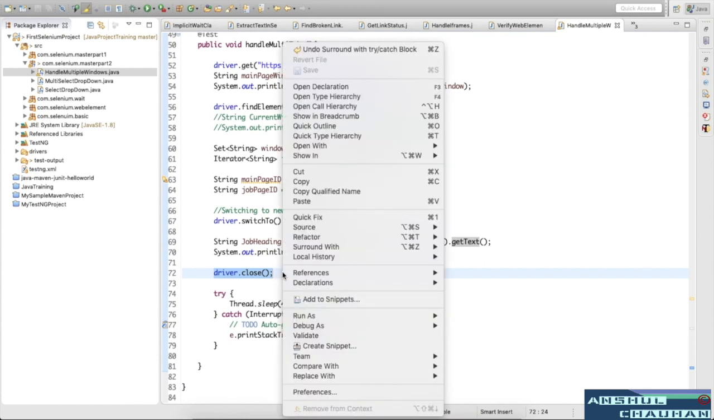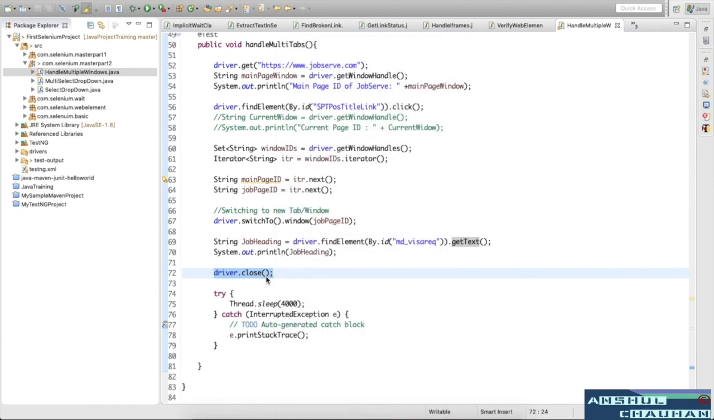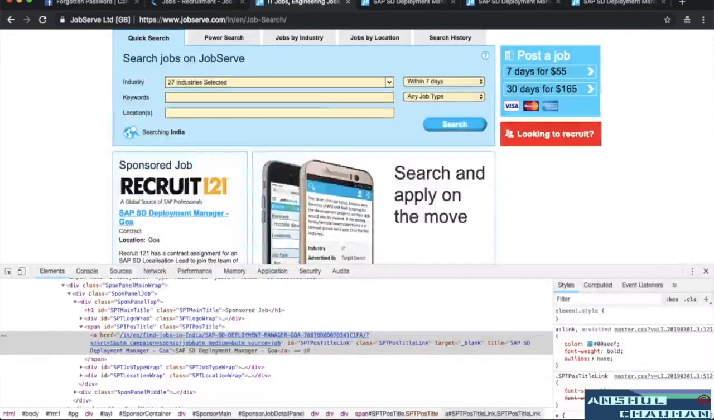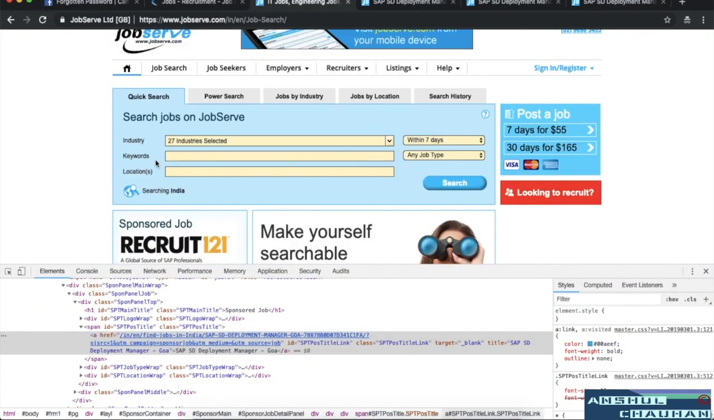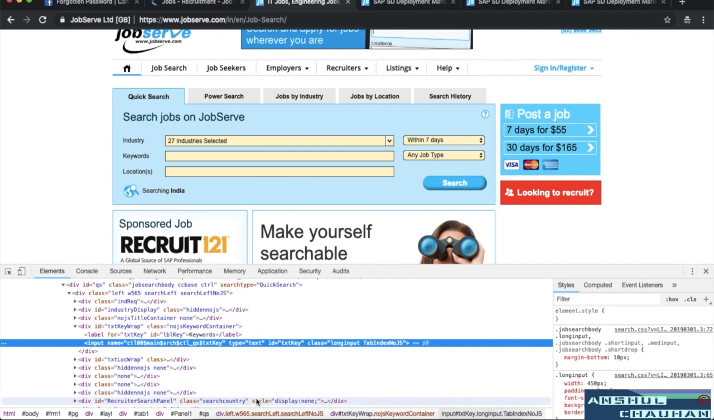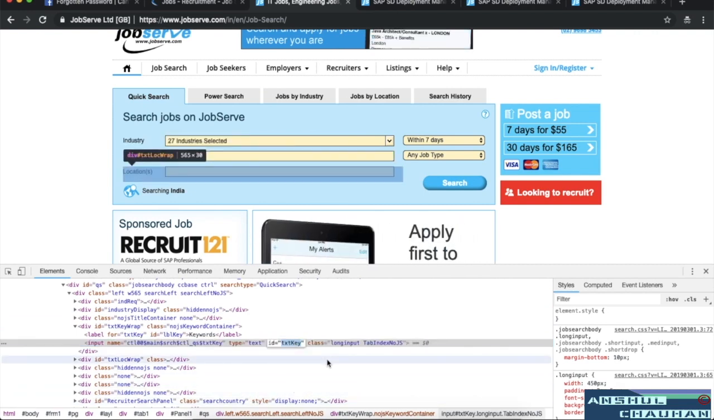Now the question is, okay, we have worked with that particular window, but suppose we again want to work with the main window, again want to work on this particular page. Suppose we want to type something in the keywords, then how can we do that, right? So first I will identify this particular web element, and this has the ID text key,